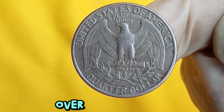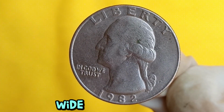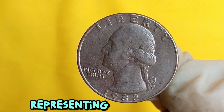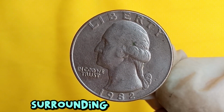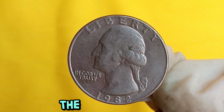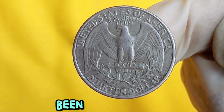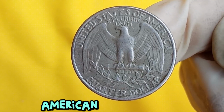Now turn the coin over and the reverse design reveals the powerful American eagle with wings spread wide. The eagle is clutching arrows and olive branches, representing both the strength and the peace of the nation. Surrounding the eagle are the words United States of America and quarter dollar, confirming the denomination and origin of the coin. This design has been admired for generations and remains one of the most recognizable images in American coinage, but